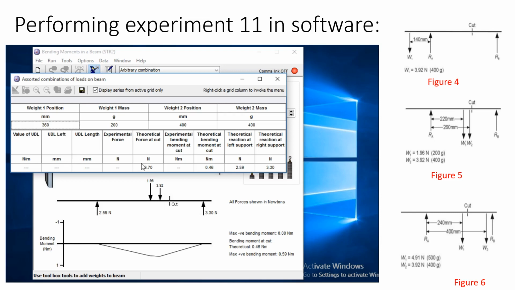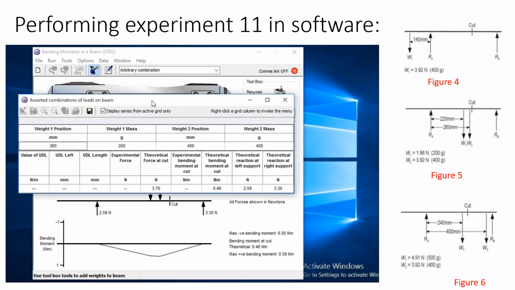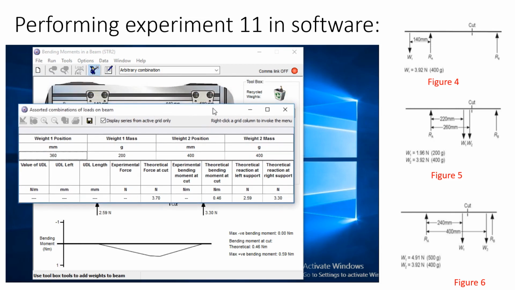You can see here theoretical force at the cut, theoretical bending moment and theoretical reaction at the left and right supports. You will counter verify all these values and compare with this value and you will plot the graph. I will send you this data as well.